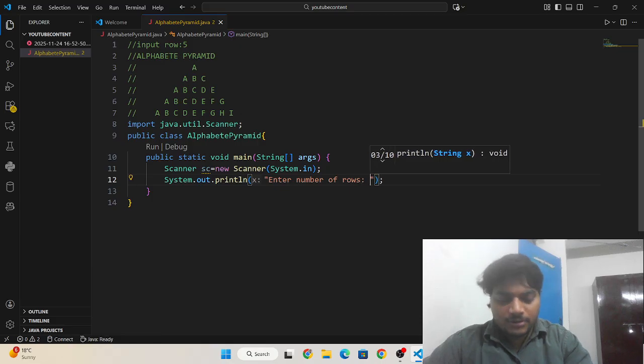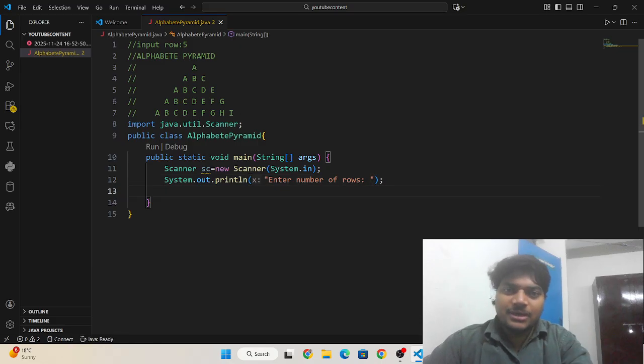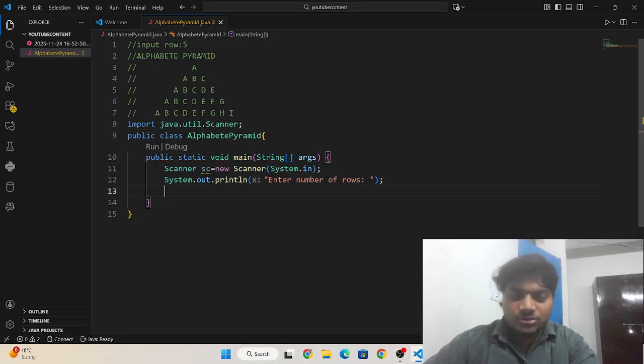Guys, if you don't understand some line, don't worry. Just write these things on your system with me parallelly. After that, when I write a comment for each line and each logic, you will get the understanding of the code logic.